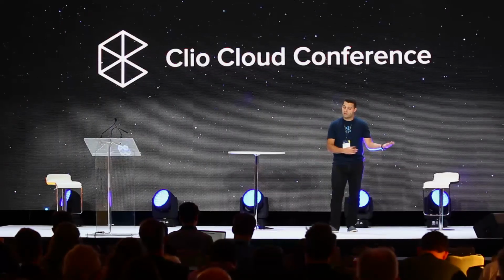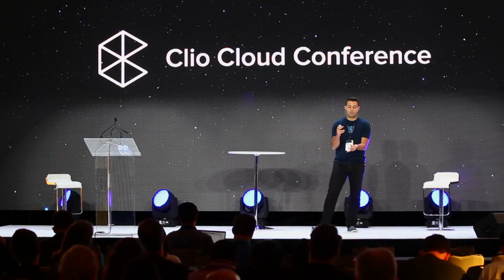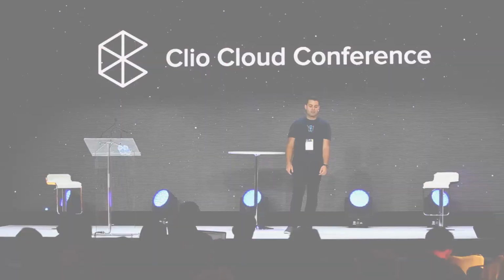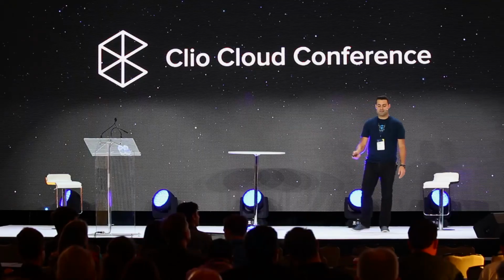The reality is, especially for new grads, but for people of all ages, shapes, and sizes, that they're entrepreneurs and are dealing with the realities of both running their own business, but also consumer demand that is driven by how people buy other stuff and then placed on legal as an expectation. The best way to get there is to rely on as much technology as you can. That's what us changing Clio is about. That's what us announcing the platform and all these ecosystem integrations are about. And if we do that successfully, I think data-driven lawyers can eat robots for breakfast, which is something I said. That's it. Thank you.